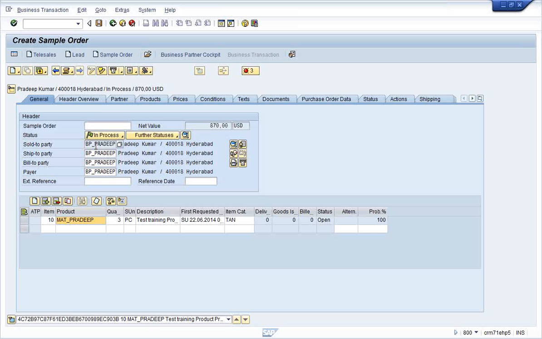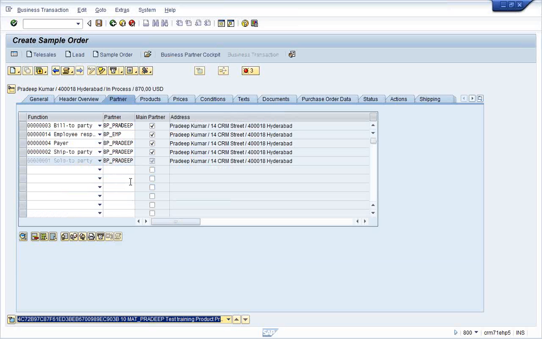That is the reason I always feel that there is a need to know some basic functional concepts, like what a sold to party is and what kind of data is maintained. If the pricing is not coming, what might be the reason? If the item category is not getting determined, what might be the reason? If the partners are not fetching correctly here, what might be the reason? Before debugging, you should go and check certain validations of the data. We are going to discuss that data in the regular sessions.